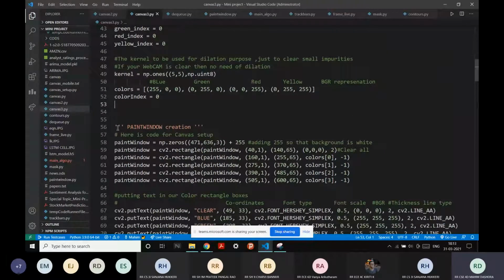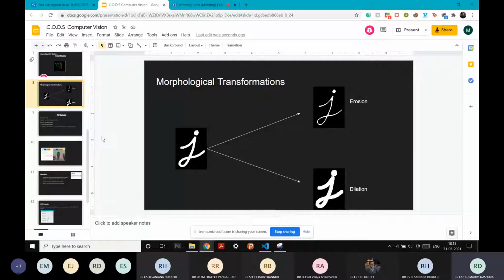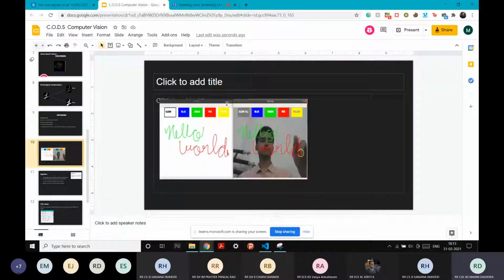Now we're creating a paint window, a paint canvas. So what is our paint canvas? Here you can see this is our paint canvas. Also you can see we have 5 buttons. One is the clear button, in case you want to clear everything that you've drawn, and the others are blue, green, red, and yellow.